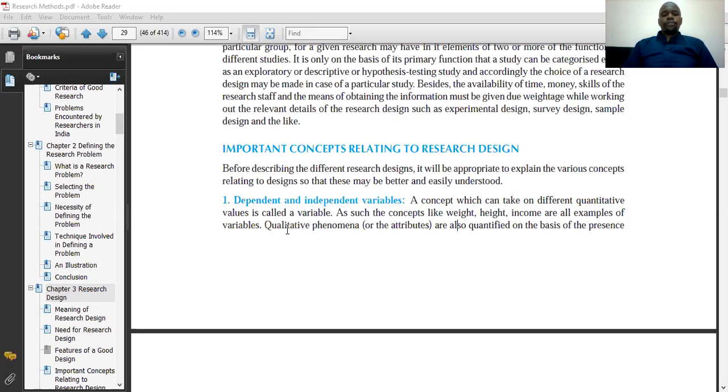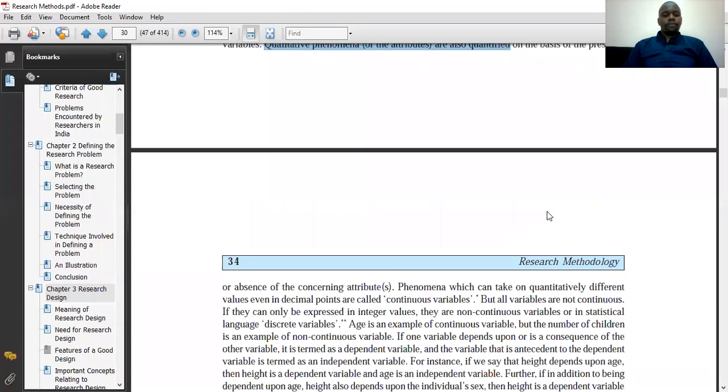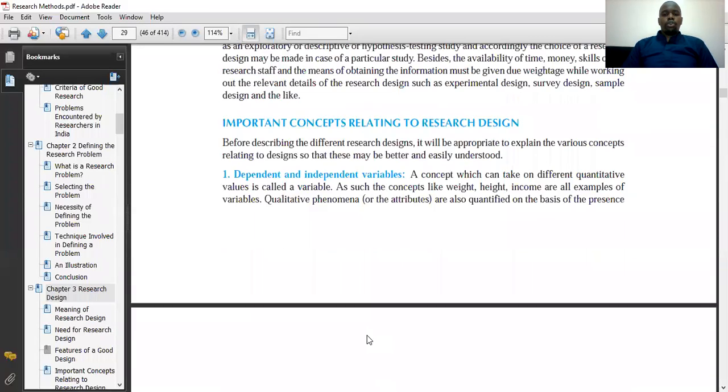But then qualitative phenomena or attributes are also quantified on the basis of the presence or absence of the concerning attributes. So variables which are of a qualitative nature are also variables. So if your research is going to be dealing with qualitative data, like if you are doing a research on relationships, right? You may find that you are dealing with variables such as you are trying to compare